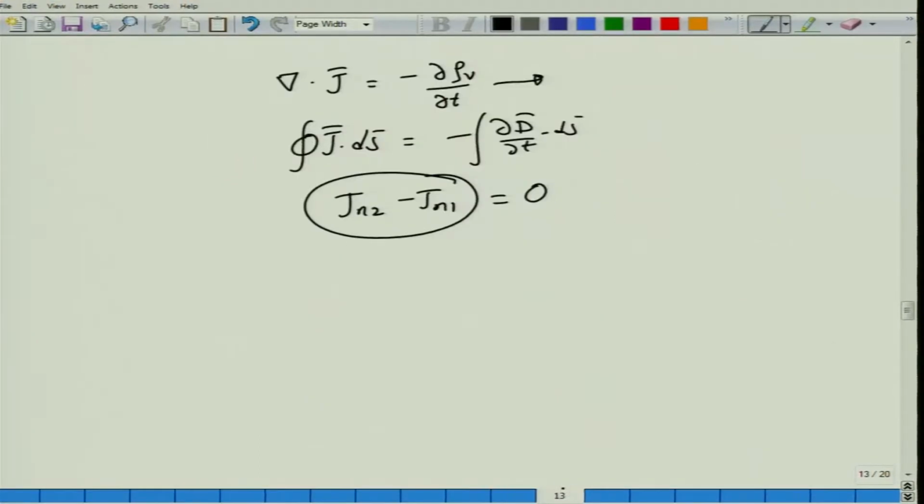The real value of boundary conditions is that once I calculate the electric fields in a particular region by using Maxwell's equations, then usually from the material properties I can calculate immediately what should be the field on the other side. Okay, and that will allow us to know, for example, if I have a mirror or if I have a glass and light is coming in and incident on this particular glass, these boundary conditions allow me to determine not only the fields over here, which anyway I have determined, but will also allow me to determine the fields in the other region. Because I can relate E1, E2, D1, D2, B1, B2, H1, H2, I can find out what are the fields in the other region.